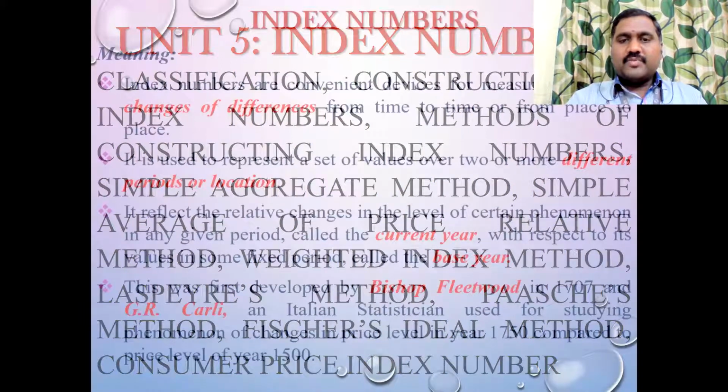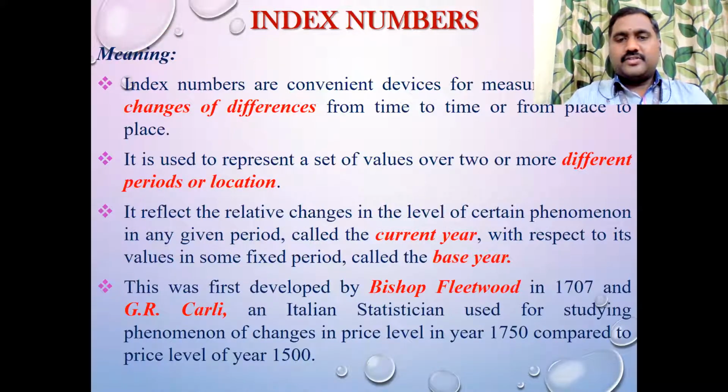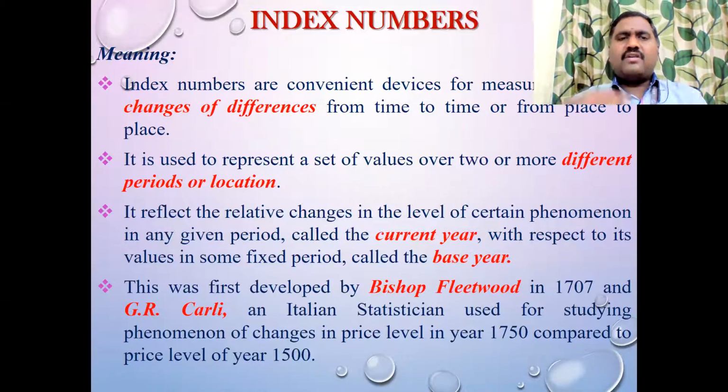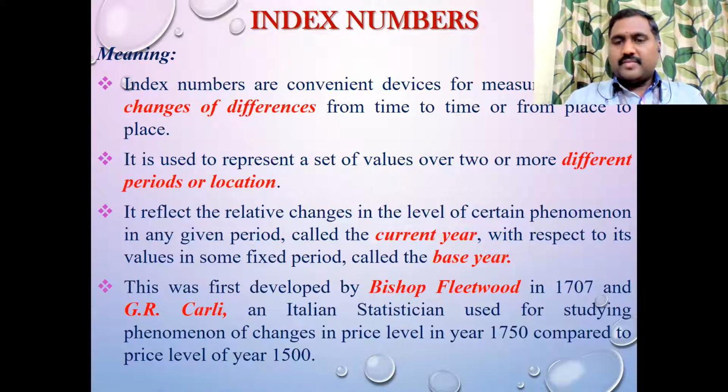So this is what the index number means. I told you, it is just to measure the changes, variation or difference, but that difference is across different time periods and different locations. Similarly, you can compare two different variables based on different time periods. For example, I want to know the changes in the price level of vaccination in 2021 compared with 2020, or the production of oxygen in 2021 along with 2020, or the usage of mobile phones.